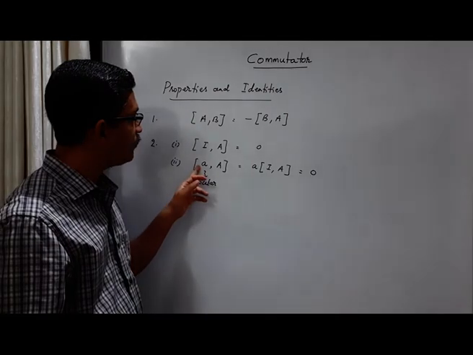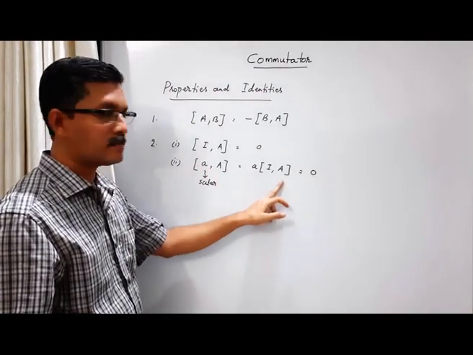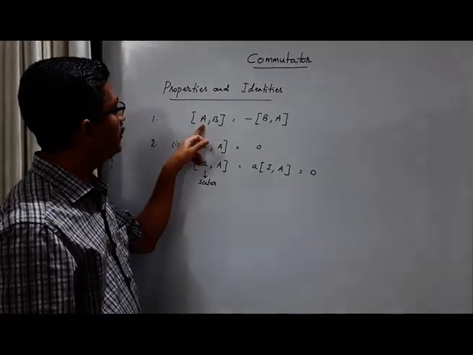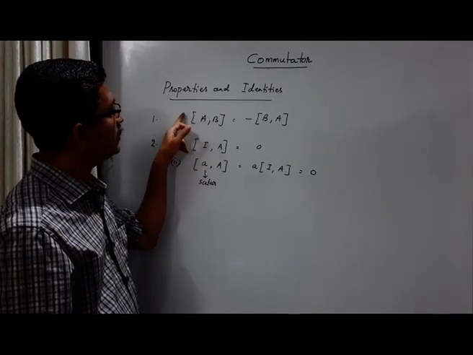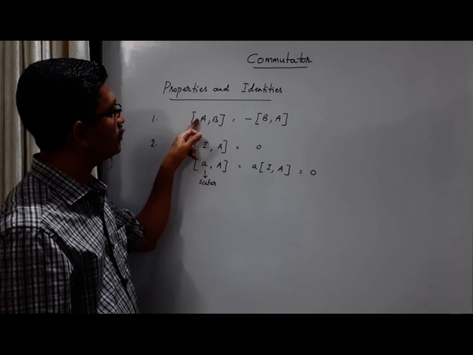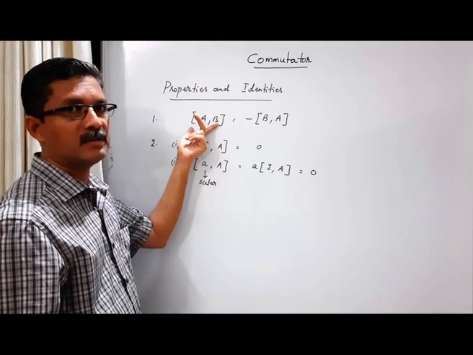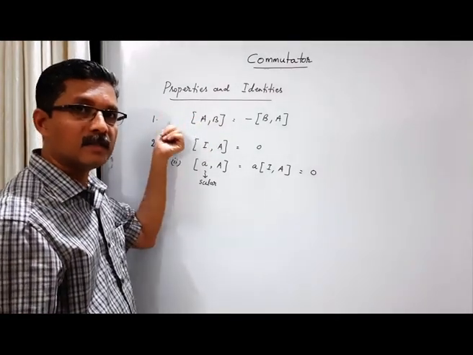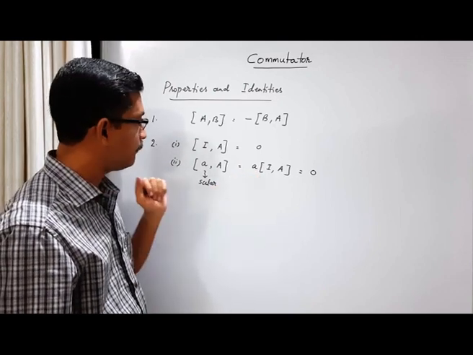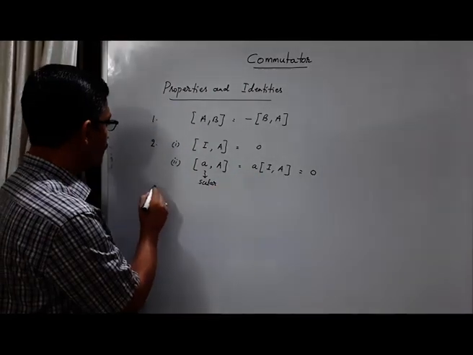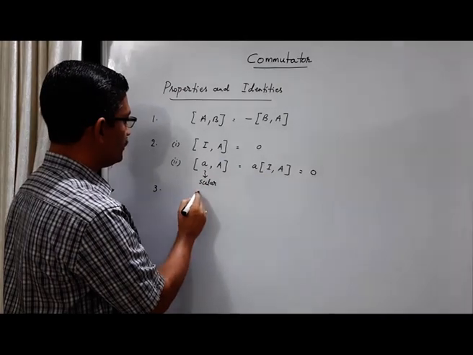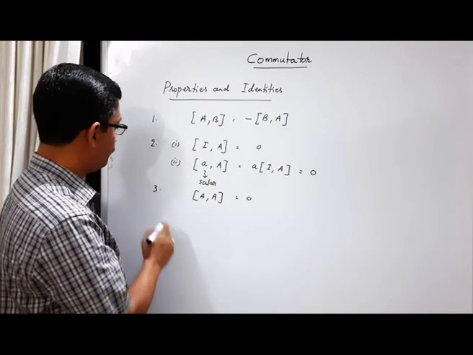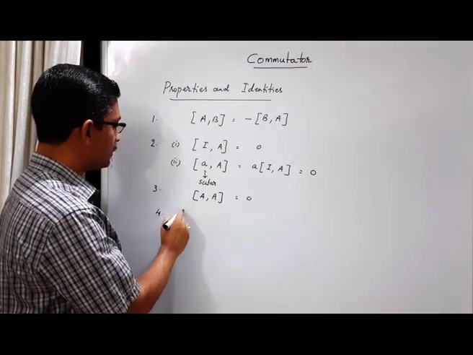And if a scalar appears in any one term in the commutator, it can be taken outside: small a times the commutator A comma B is equal to the commutator of (small a times A) comma B. You can take the scalar out, as in this case. In this particular case, it is 0. Another trivial result which is obvious from here is that the commutator of an operator with itself is always 0. Then two non-trivial results.